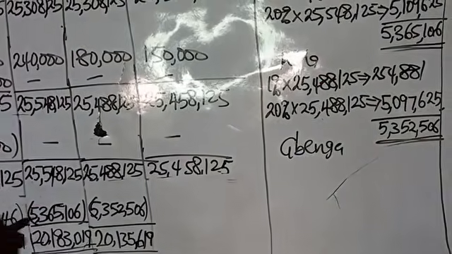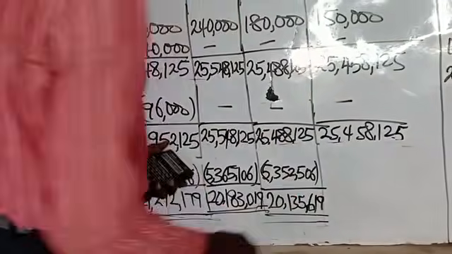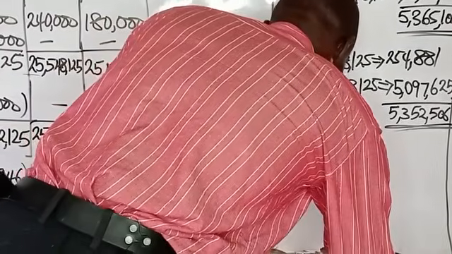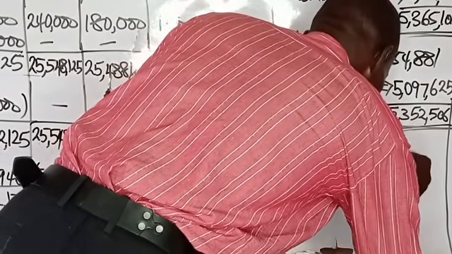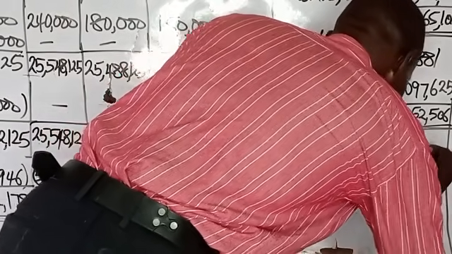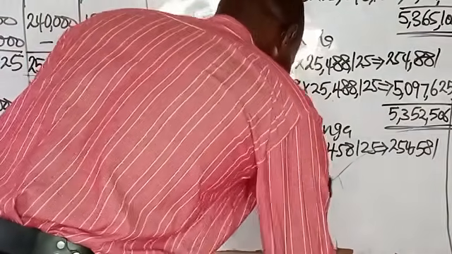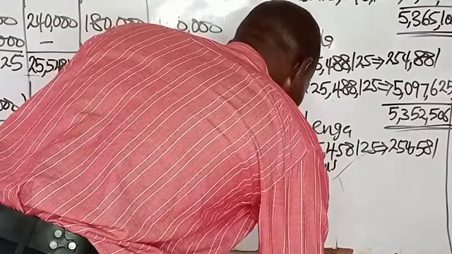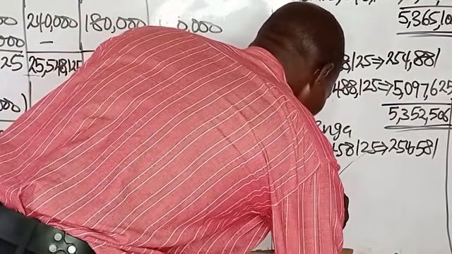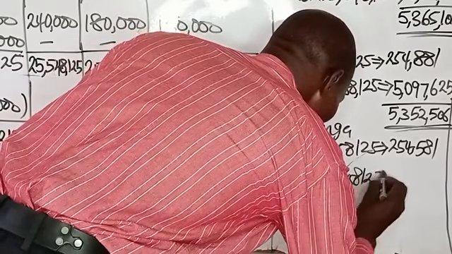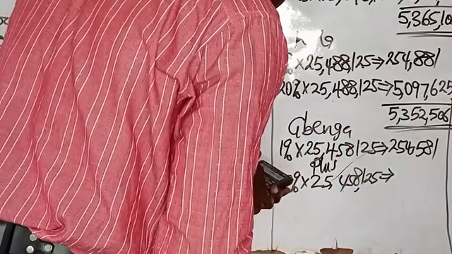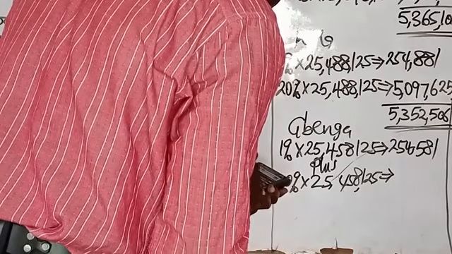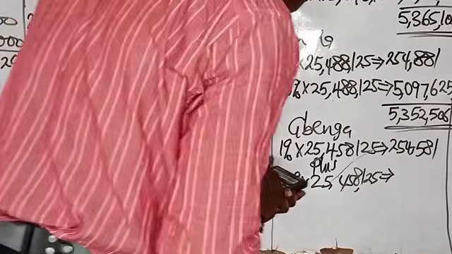The gross income of Benga is 25,458,125. 1% of that, 1% of 25,458,125 is 254,581, which is still greater than 200,000, plus 20% of gross income, and gross income is 25,458,125. 20% of that gives us